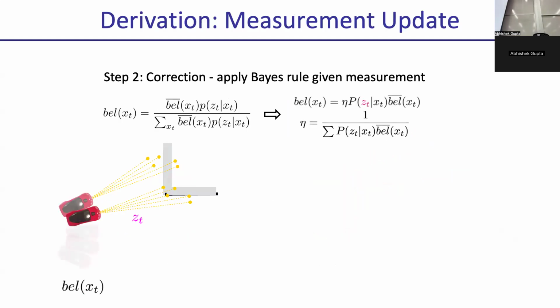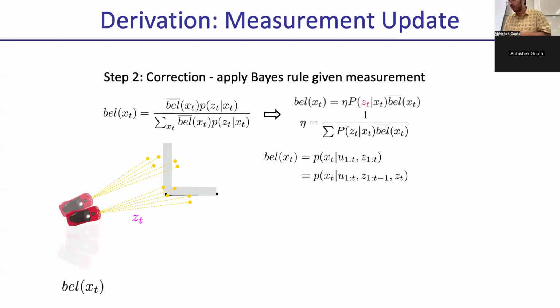Okay. So we'll go over an example with numbers. It'll make it a little easier. But the way we're going to derive it again is honestly just using the Bayes rule. That's it. And so we're going to try and write out what belief is and try and connect it to belief bar. So belief at xt is probability of xt given u1 to t, z1 to t, right? And so it's important to open up the indexing a little bit here.